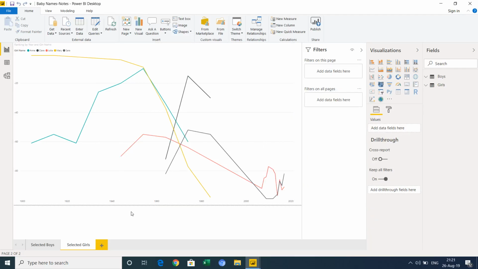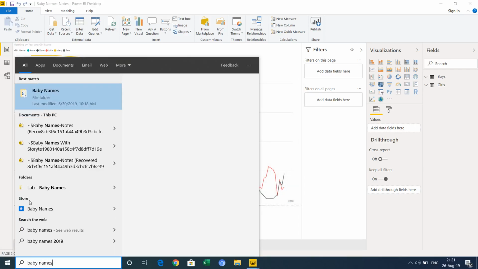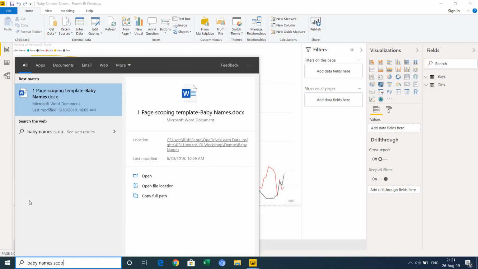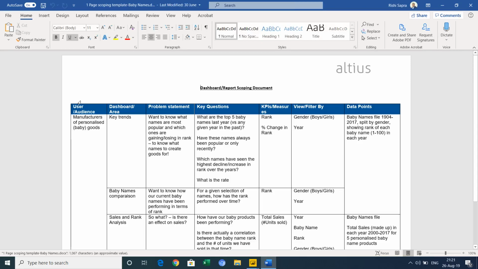But what it really comes down to is what we want to see in that storytelling. And again, what we need to really be able to do is pick out an audience for this. There are lots of people who could potentially be interested in baby names: potential parents or parents looking to name their baby, sociologists, anthropologists. So I picked an audience that would be interested in this from a commercial perspective. Again, it's all hypothetical.